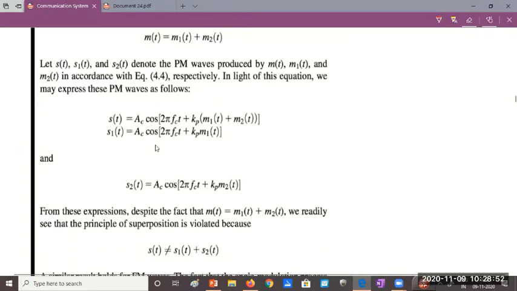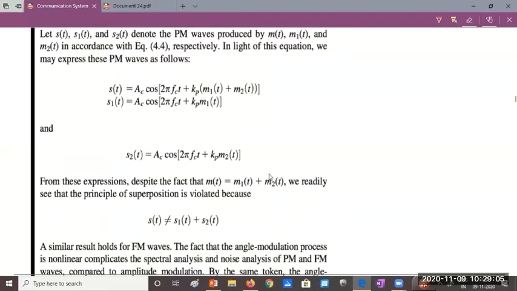Sines and cosines are non-linear functions. So because of this non-linearity, we can't have S1 plus S2 equal to S of t,